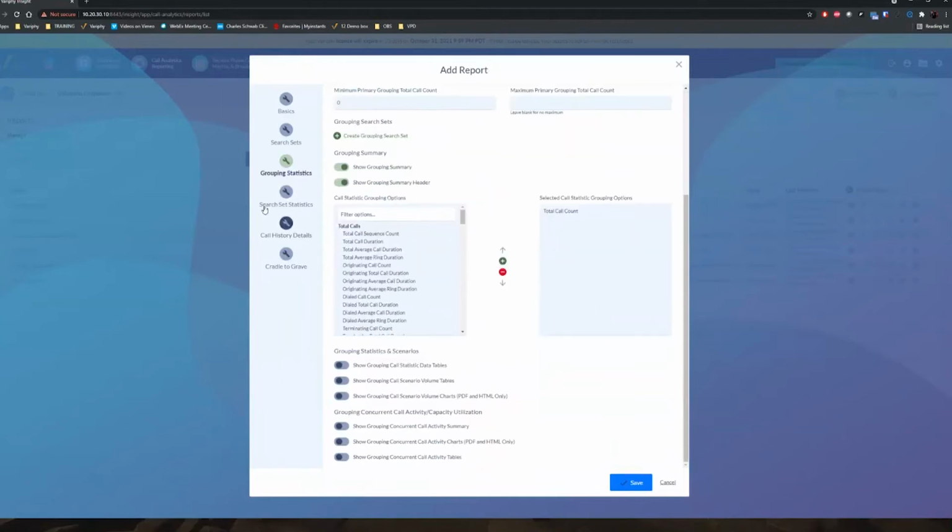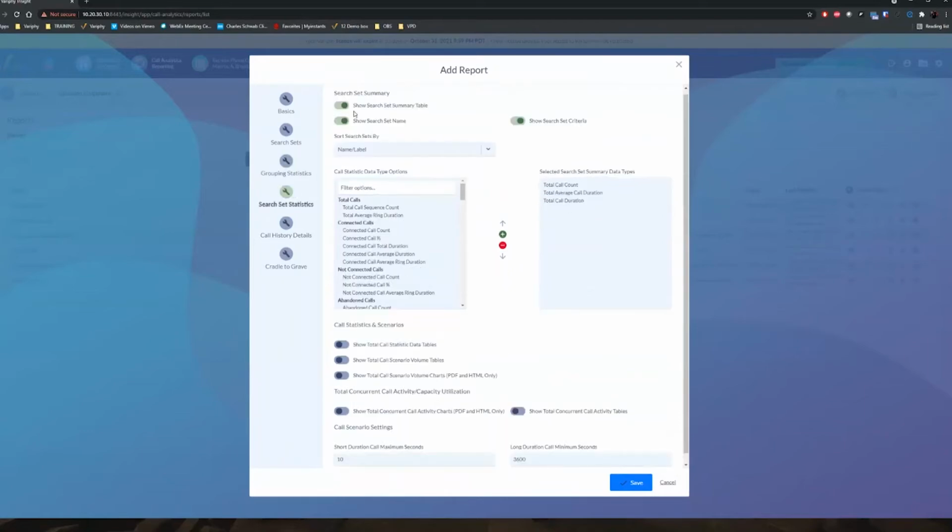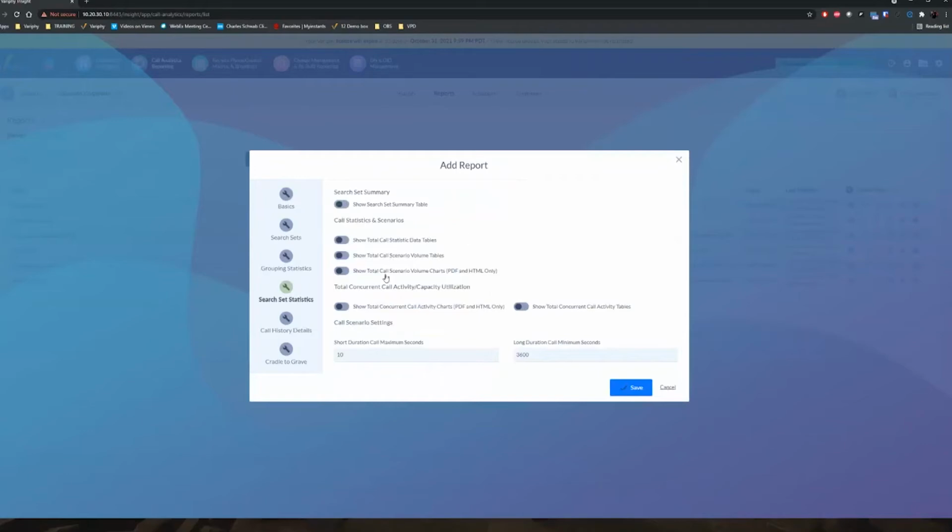Now, just like you have to do in the search set statistics, we're going to have to turn on the capacity utilization stuff down here. All right, let's go over to search sets. We won't see total call count today. We did it on the other one, so let's go ahead and just do concurrent stuff here in the